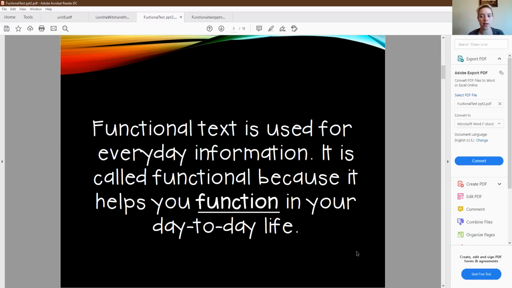Okay, so we've talked about, there's functional text all around us, okay? The things that we use on a day-to-day basis to help us stay organized are examples of functional text. We use them in everyday information. Things such as recipes. We follow recipes in order to cook, so those recipes help us function. We use calendars to help us see what day it is and see if we need to do anything specific on those days. So those calendars would help us function, okay? So they're called functional texts because they're used for everyday information, and it helps us function in our day-to-day life,